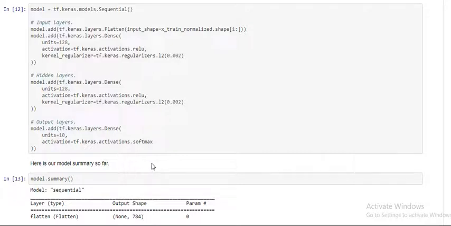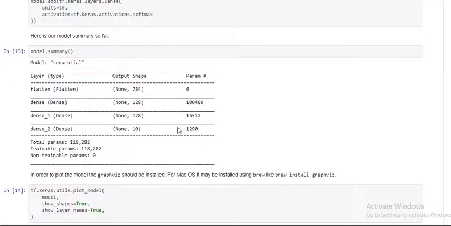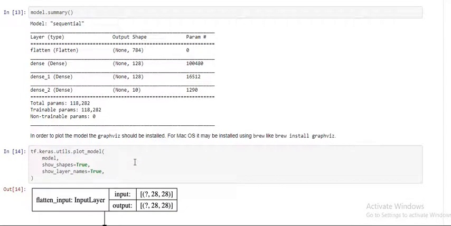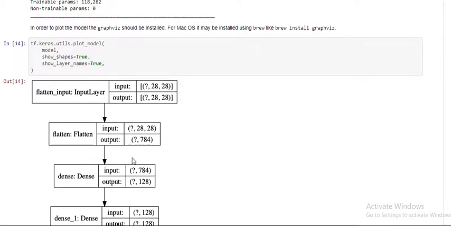We'll have an output layer showing the possible outputs, which are 10 digits, 0 to 9. Now using model summary, we can see the model that we have built, with dense 1, dense 2, total params, trainable params and non-trainable params.